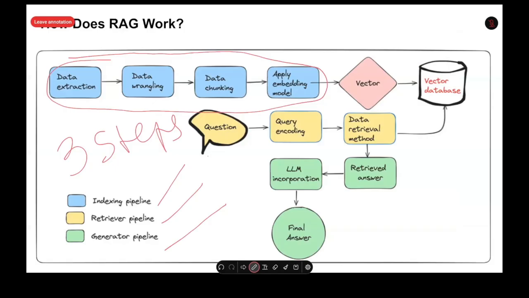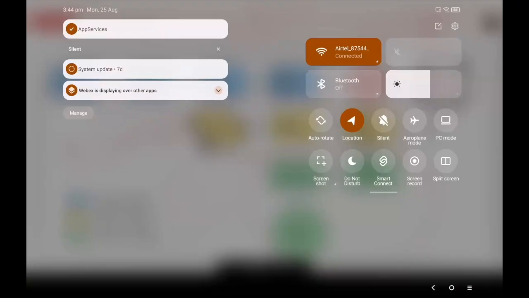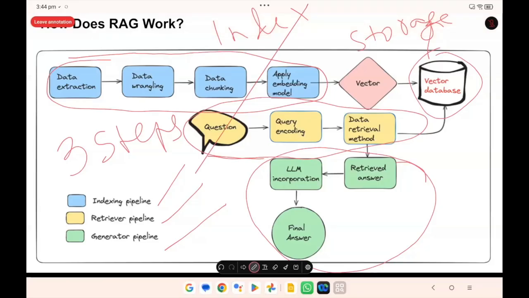And you have the retriever pipeline. And you have the generator pipeline. And this vector DB is nothing but storage. It does not involve any pipeline. It's a part of a pipeline. So this is called indexing. This is called retriever, and this is called generator, as you can see.